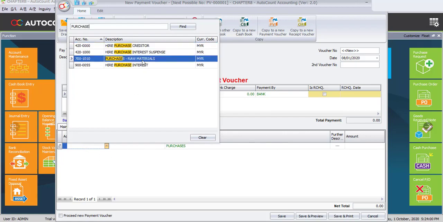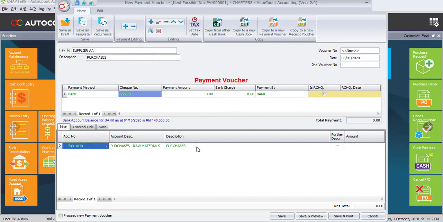Select the account number, which is purchase, raw material. Then for the description, add item A90. Enter the sub amount, which is 5,000 ringgit. Now you may click on enter to add